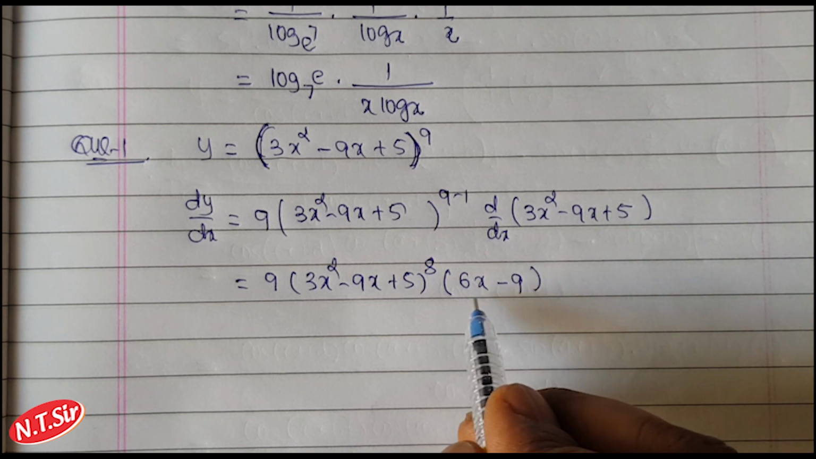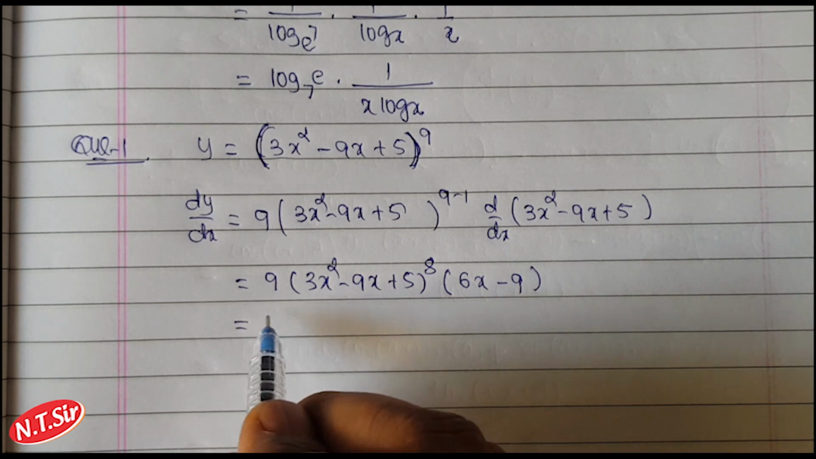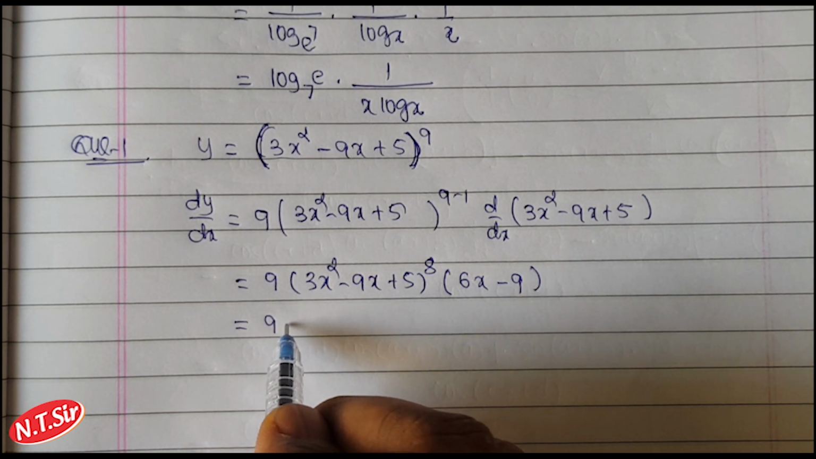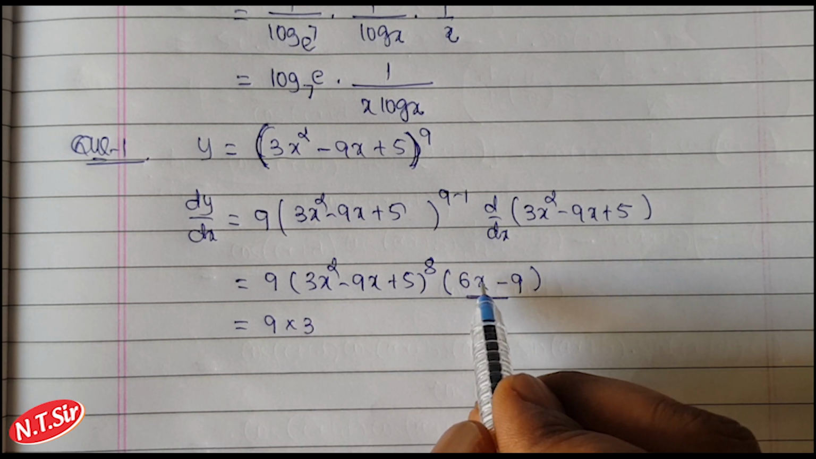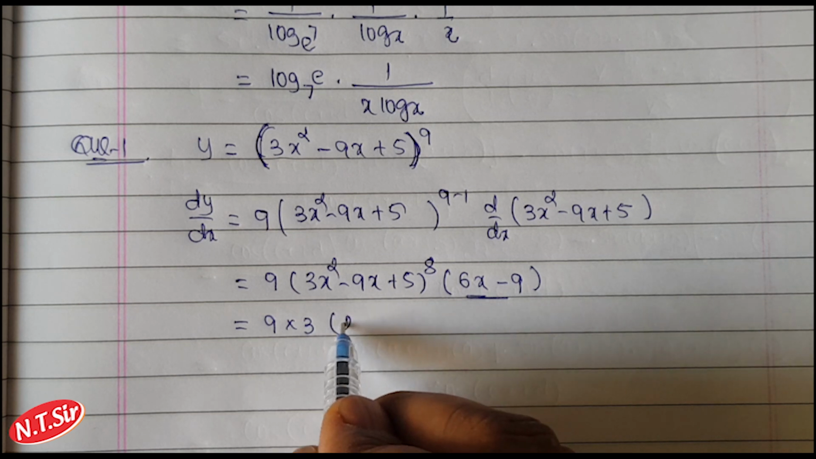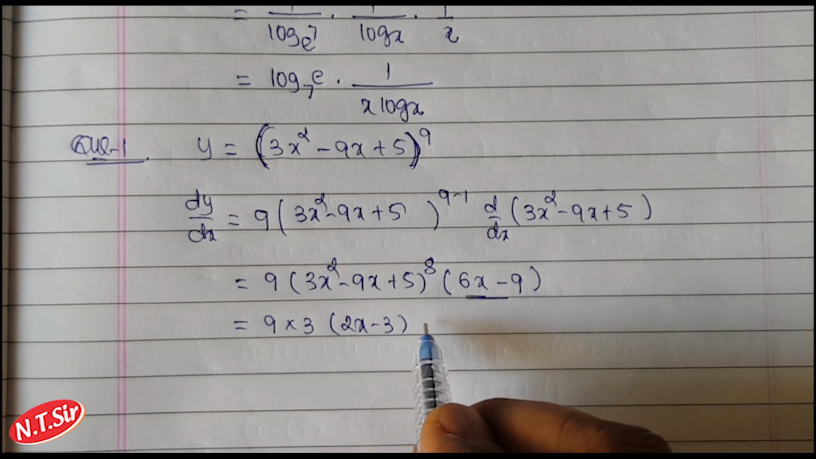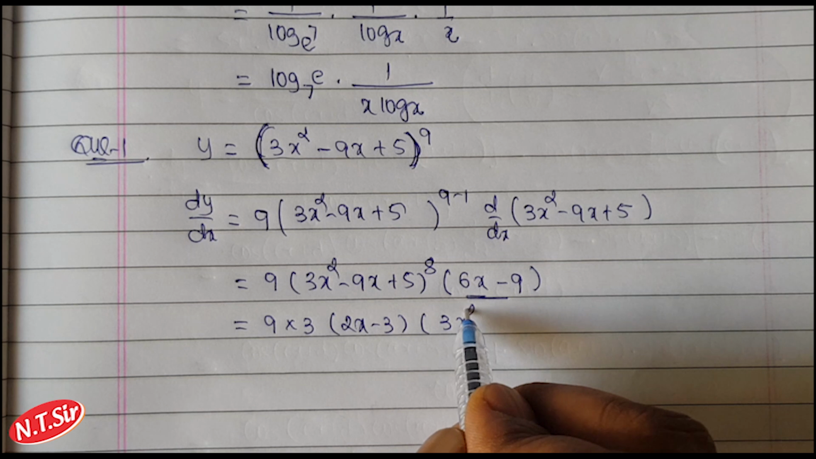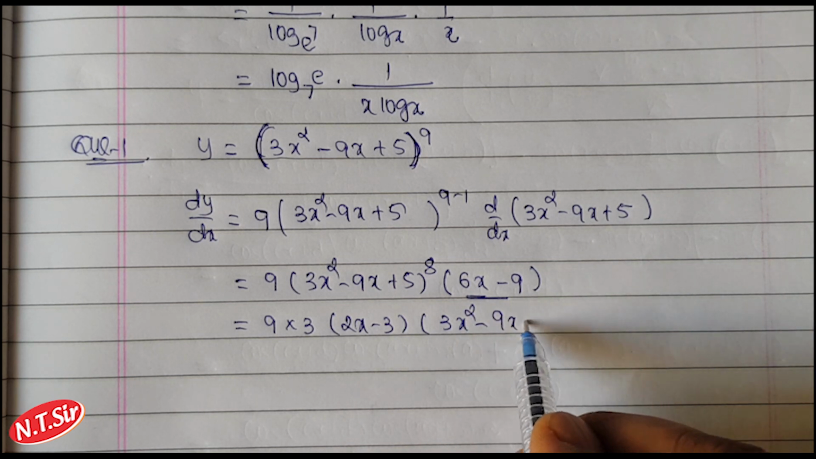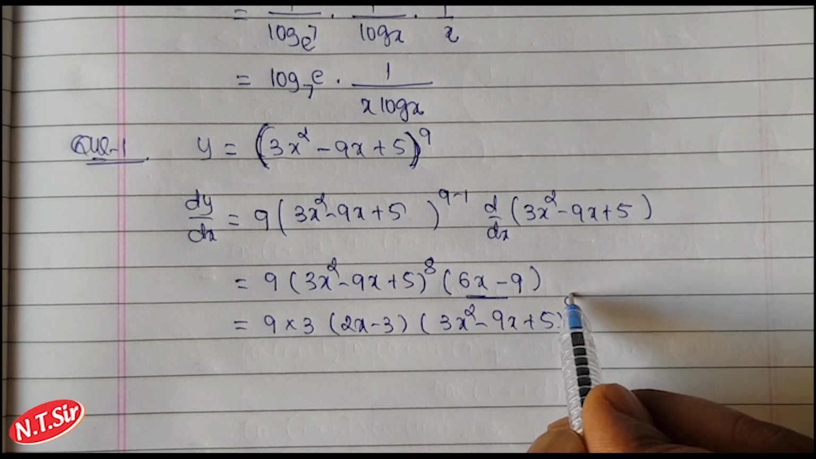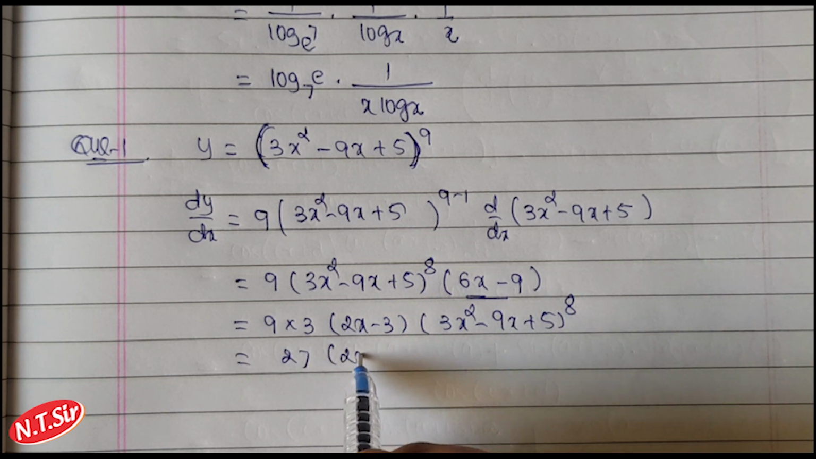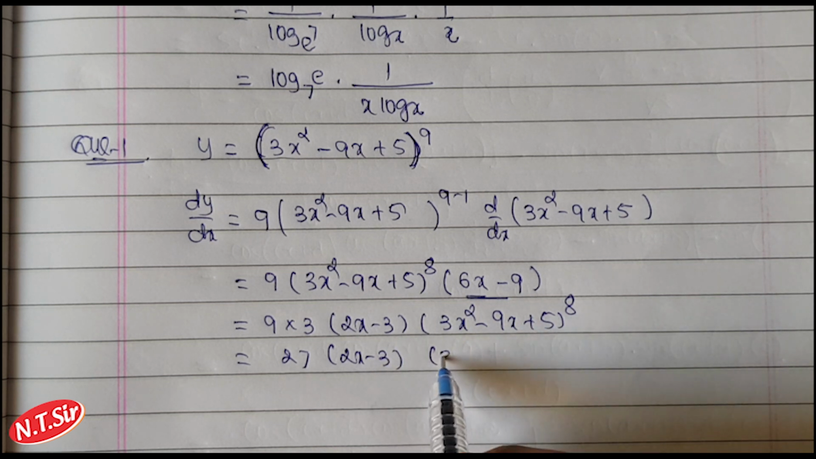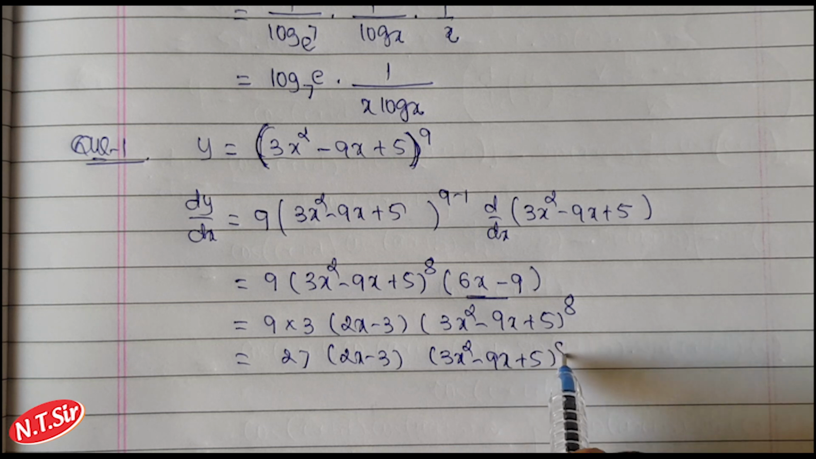So taking 3 common from here, 9 into 3. If we take 3 common, this becomes twice x minus 3. So twice x minus 3 into 3x square minus 9x plus 5 whole to power 8, that is 27 into twice x minus 3, 3x square minus 9x plus 5 to the power